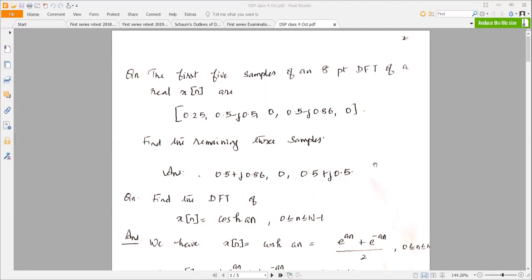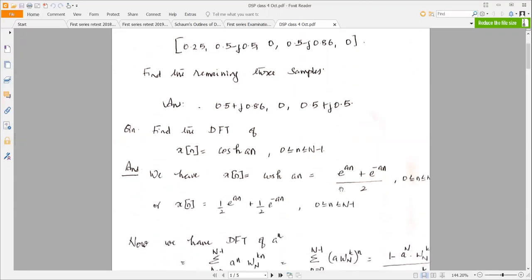So this you can do only when the sequence is real, right? This we have discussed in the previous classes. Once you get the first 5 samples, you will be able to write the rest. And you have also seen that for any sequence, the first sample in the DFT is simply the sum of all the time domain samples. And likewise, you can also find the N by 2th sample by computing x of 0 minus x of 1 plus x of 2 minus x of 3 plus etc. Okay, so we'll move on to the next question now.